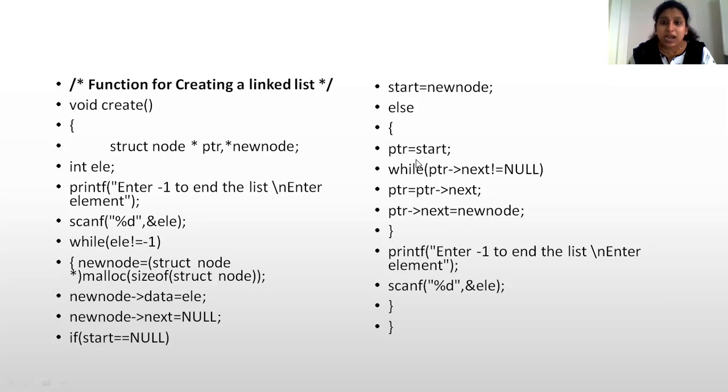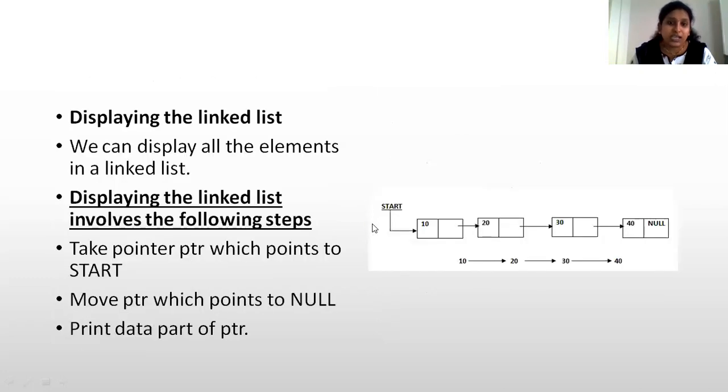In your else part, with the help of this while loop, we are checking whether our pointer of next is equal to null or not. By checking this condition, we take the pointer of next into your pointer, and the new node will be assigned to your pointer of next. Like that we are creating the links between the new nodes which you are creating in your list, for as many nodes as we want in the list. So this is about the creation of your linked list.